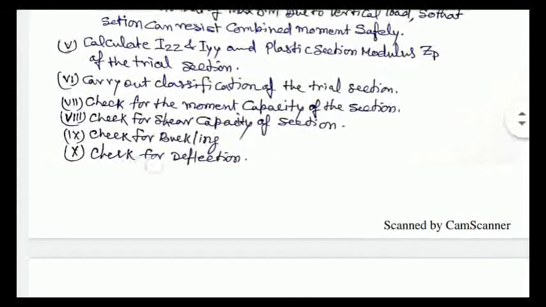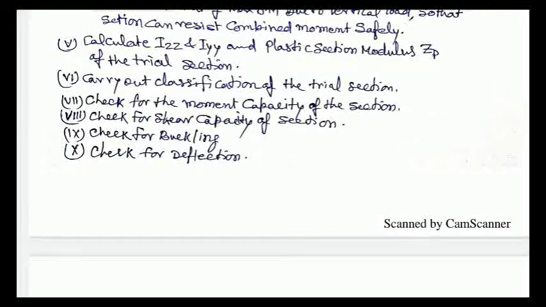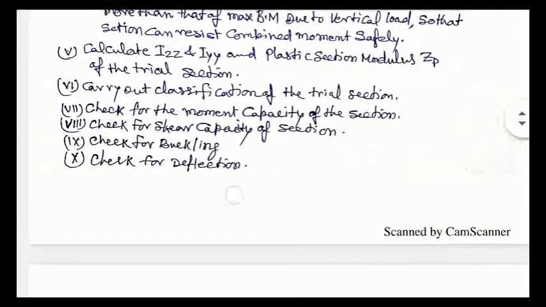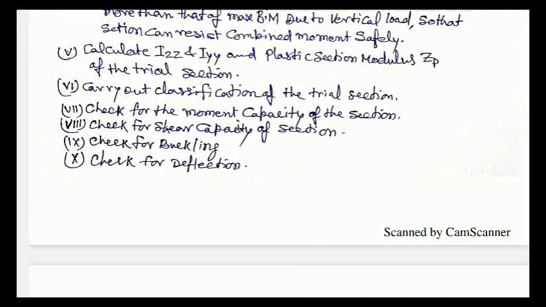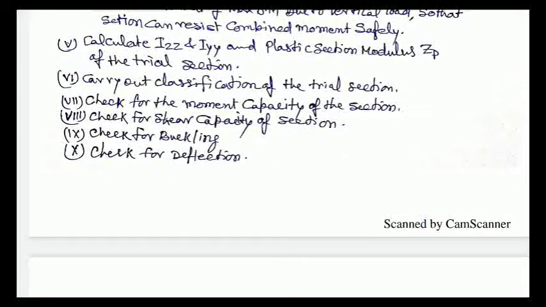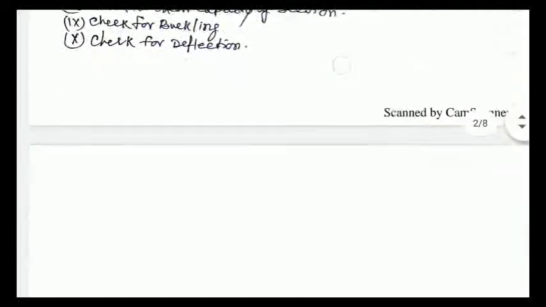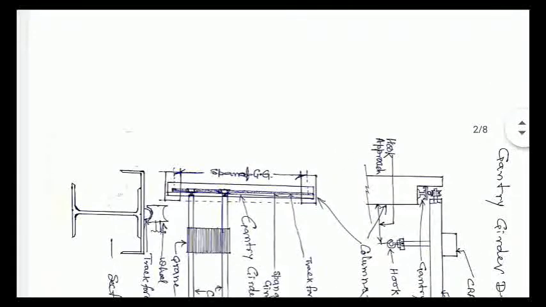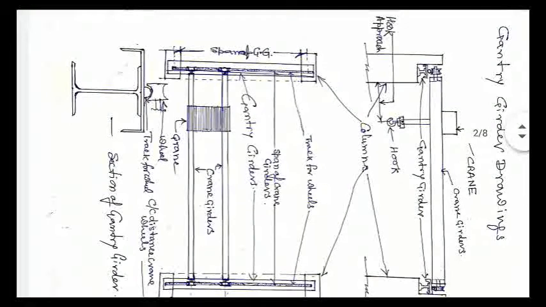Then check for buckling failure, and then check for deflections, whether the deflection is within the limit or not. Okay, so now coming to the topic,